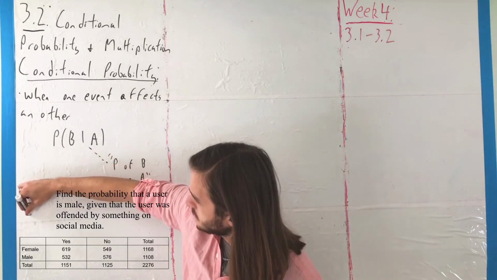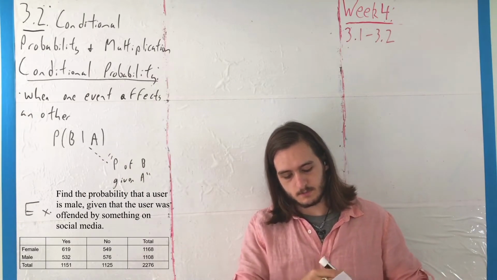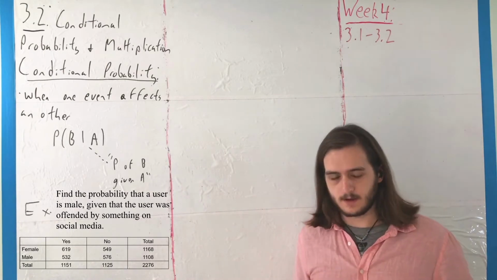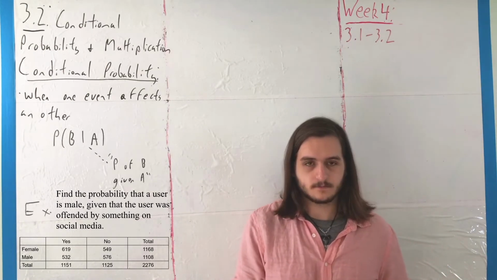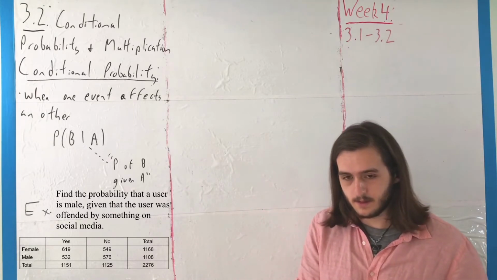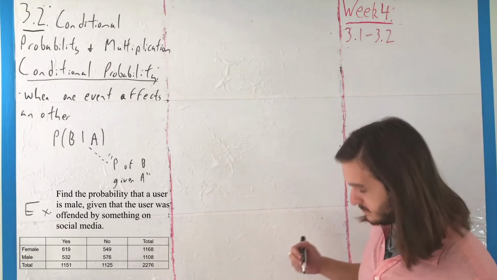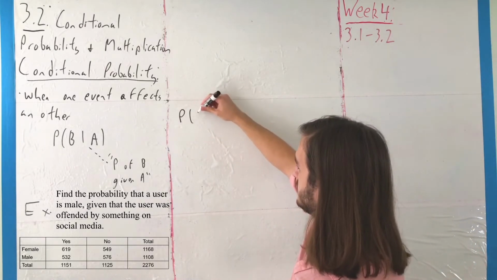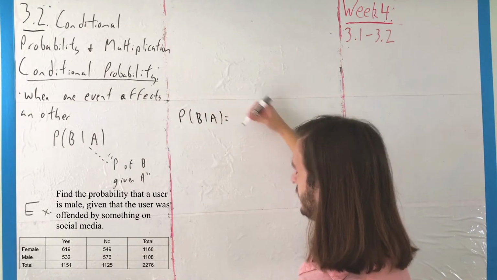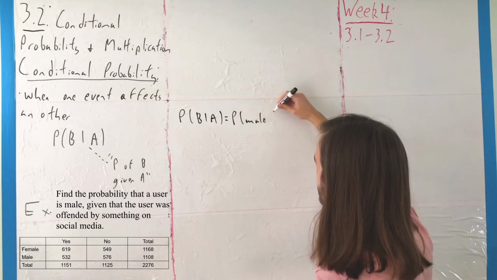categorized already by different options. Here we have the options that the responder is male or female, as well as the options that they were offended or not offended. And if we want to talk about the probability of getting someone that was male, given that they were offended, we're looking at a conditional probability. Something B given A, where we're going to say that B is the event that they are male, given